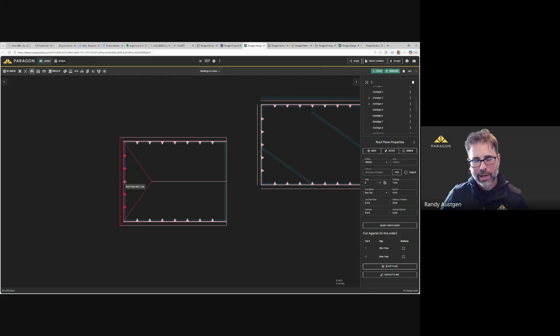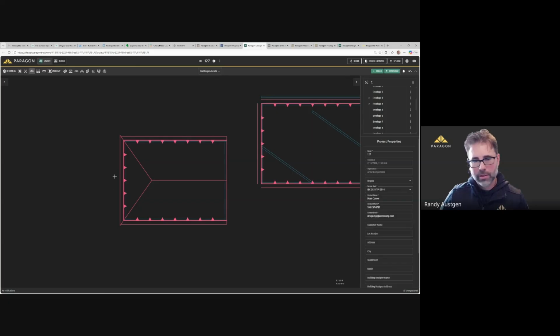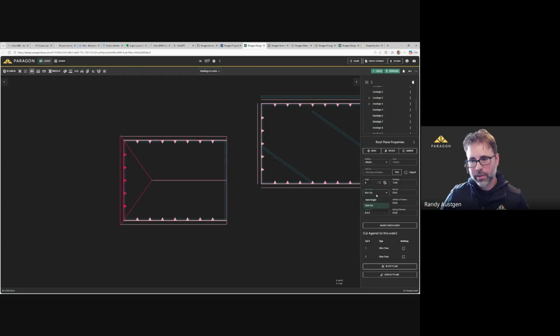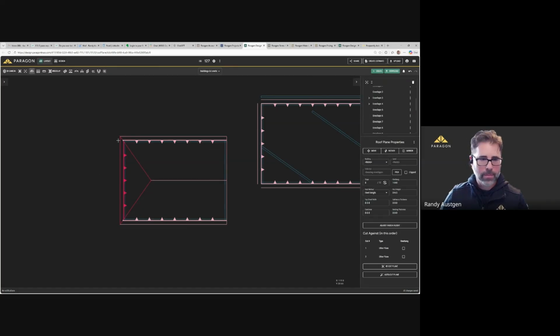I can grab that higher slope pitch plane and adjust fascia height. Before I do that, I want to verify this. If I take a look at the heel height on this one, 0'4". All right, I want to validate what it is before we do it. I want to adjust the heel height while maintaining the overhang, picking, and it's asking me to pick the plane that I want to match, adjust, and there we go.